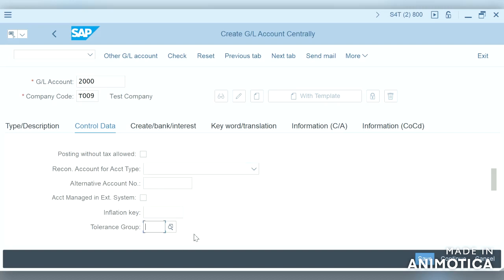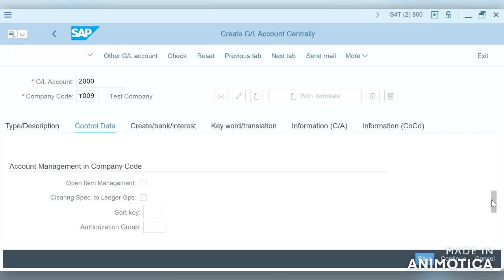Tolerance group. Even for GL we can update the tolerance group, like what are the payment differences, and what is the limit we can post to this GL account. Whatever we discuss for the employees, the same will be applicable to the GL account.